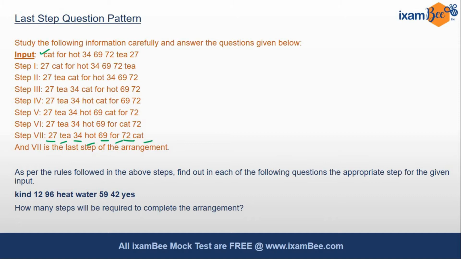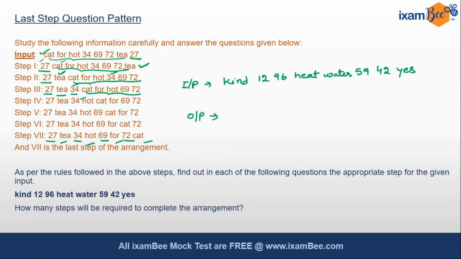Now we have to understand how this has happened. So this was the input. If you see, 27 is here. First this is arranged, and all others are the same as the input. In the second step, 27 is here, but T has come to the second position, whereas all others are in the same position. In the third step, 27, T, now 34 has come, and all others are in the same position. So if you see the pattern, first a number is arranged, then one word is arranged, then again a number, then again a word, and so on until we come to the seventh step. So we'll quickly write our new input and try to solve the problem.